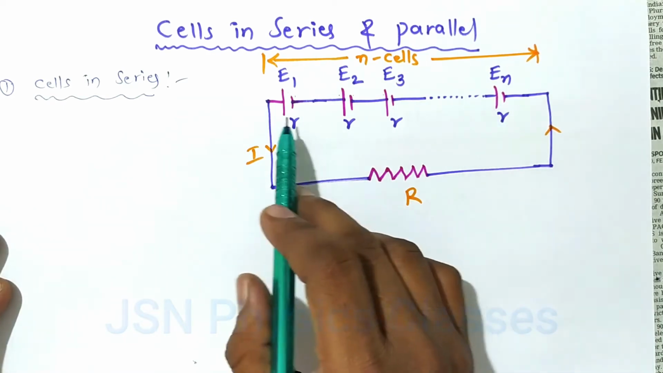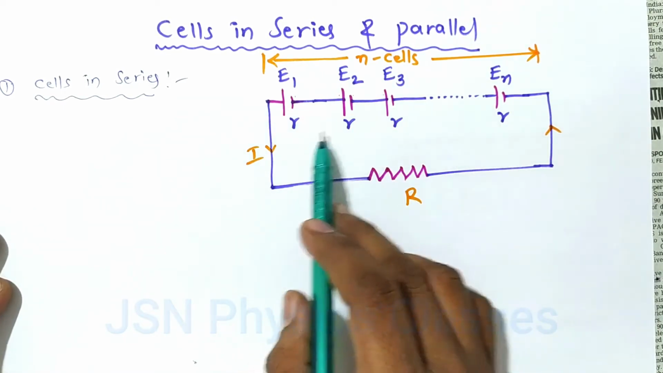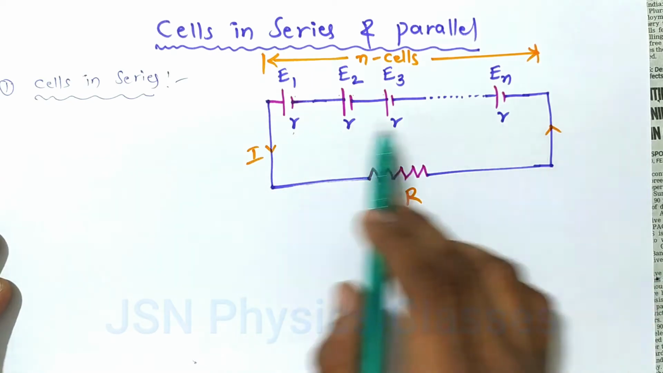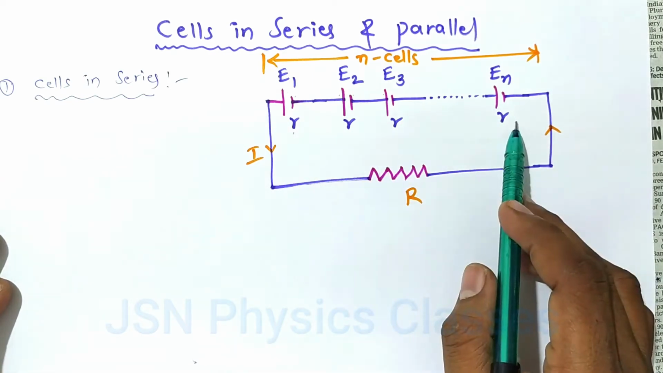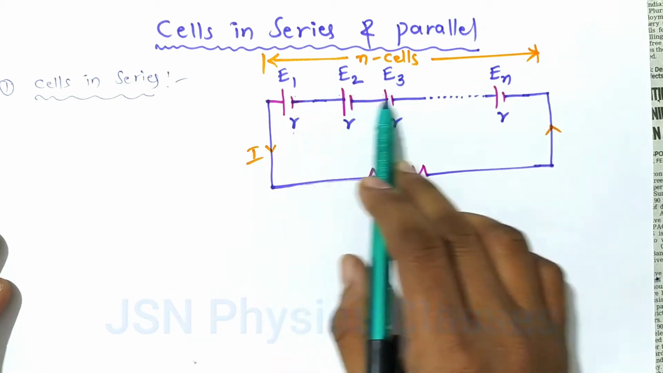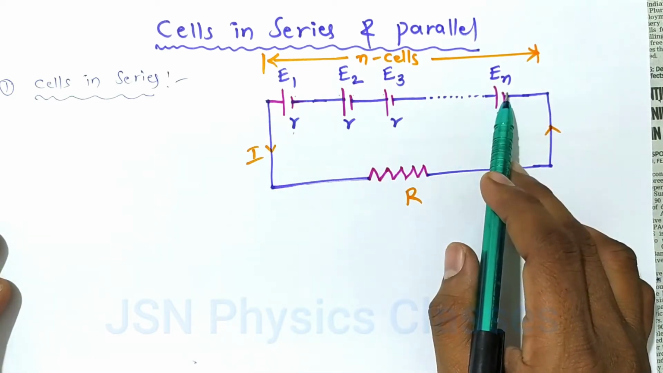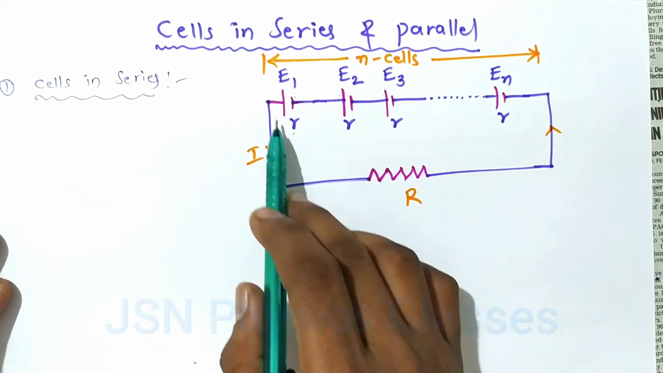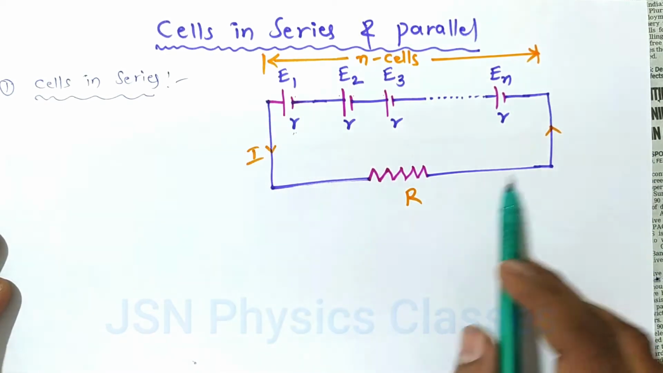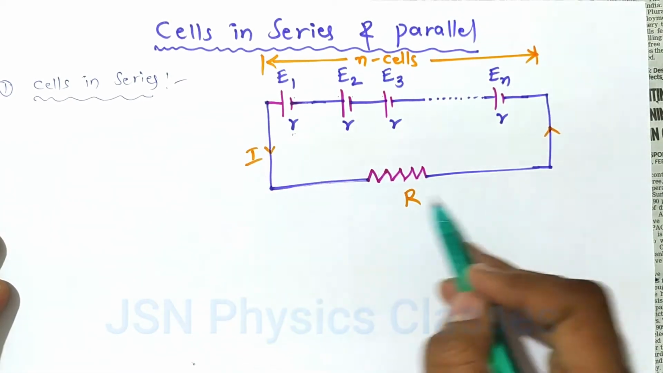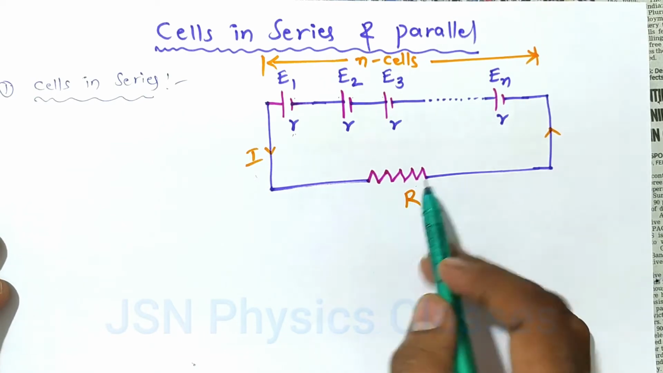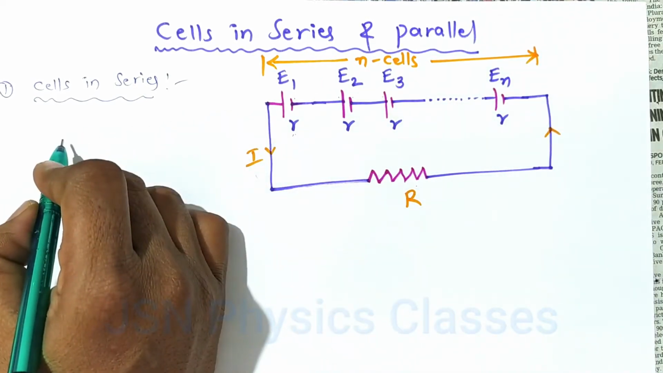In this series combination, I am assuming each and every battery has some internal resistance. This R is the internal resistance, and all batteries have the same internal resistance. So I am connecting n cells in series, and each one has internal resistance R. I am also connecting one resistor in the given circuit. If a current I is passing through the resistor, then the equivalent